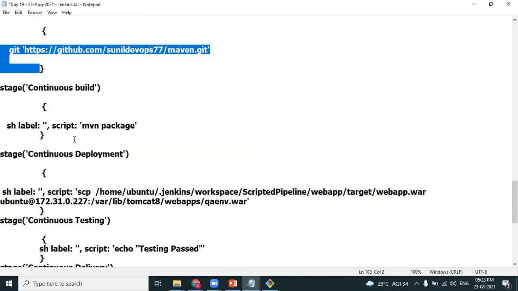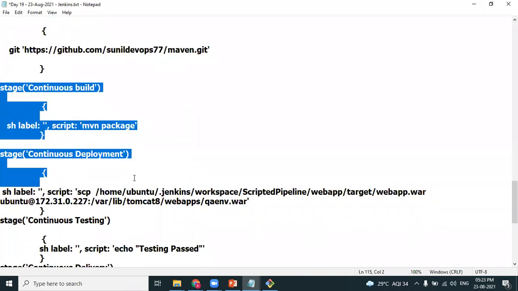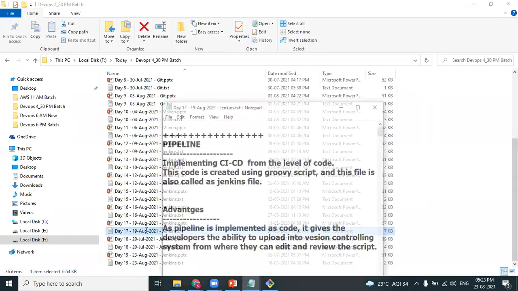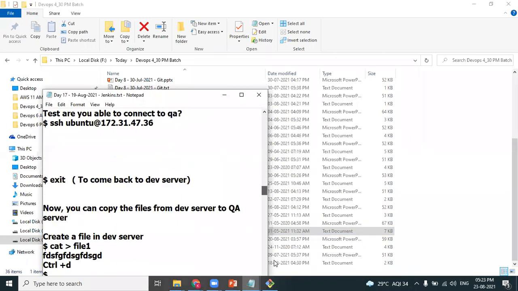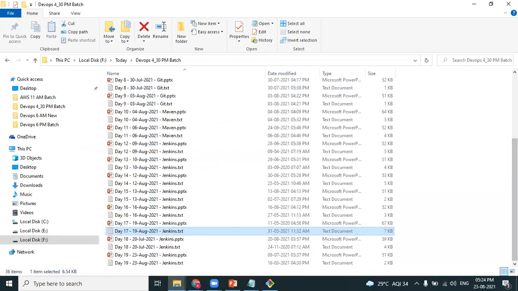This is the same script which you used for the pipeline example, right, Nikita? When I explained the pipeline job, I picked up the same script from the day before yesterday's running logs. One day I missed the class, sir. That is the pipeline job, so I think you missed the pipeline job. I have picked up the script from 19th August. The script is available in your notes. Please go through the recording. Yeah, thank you, sir.